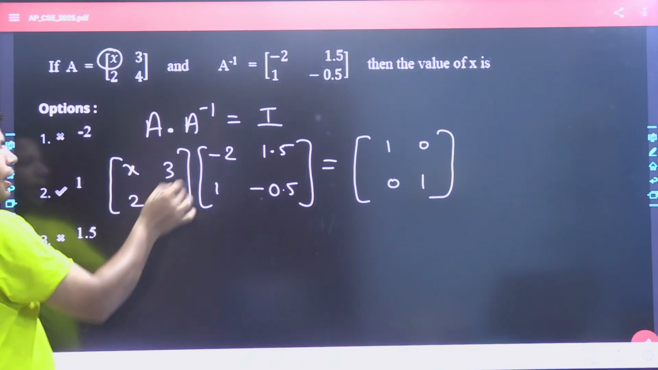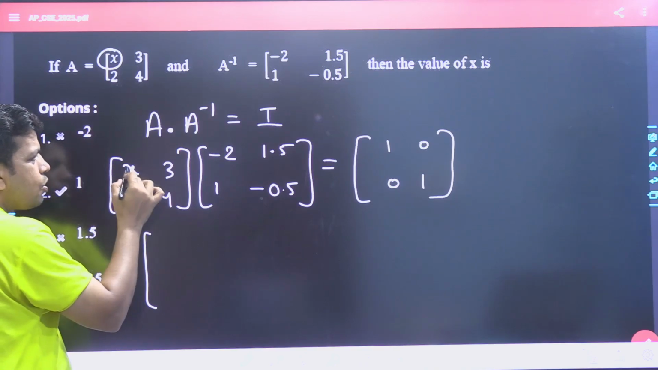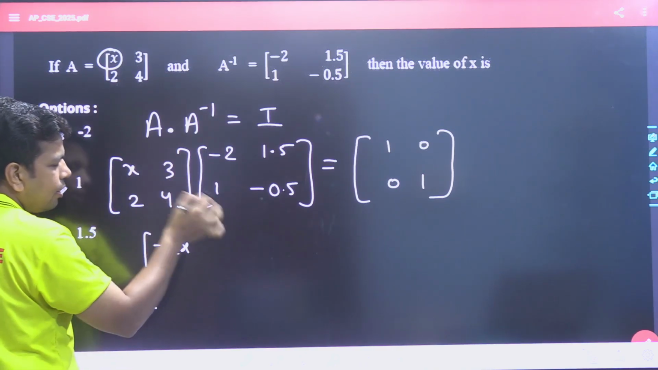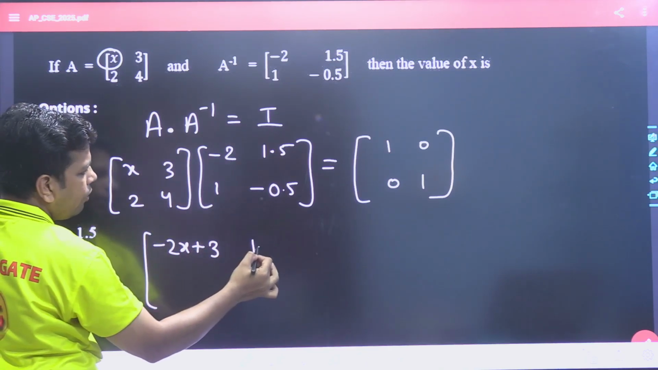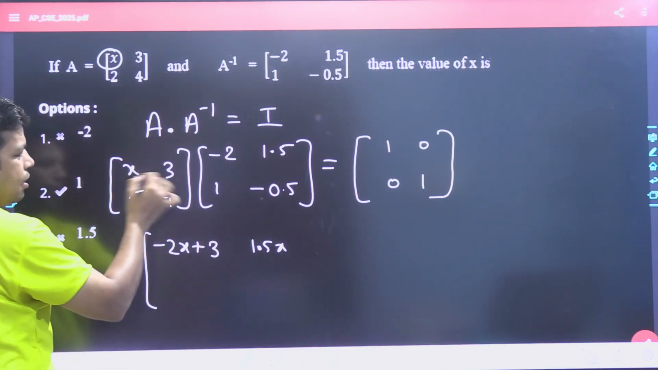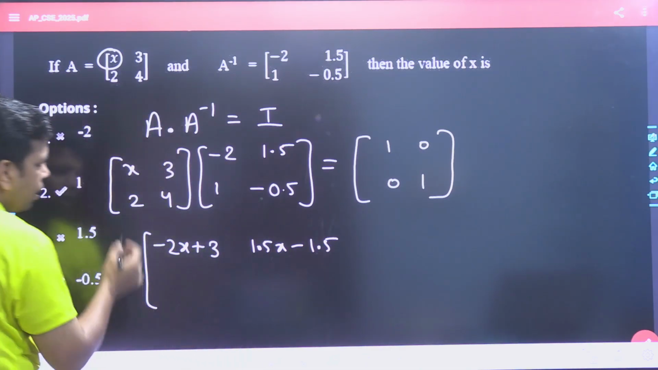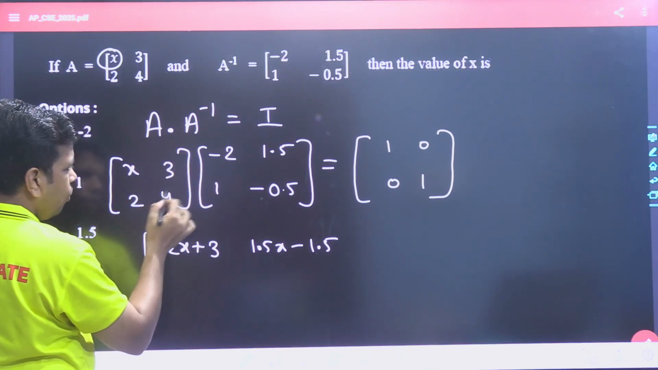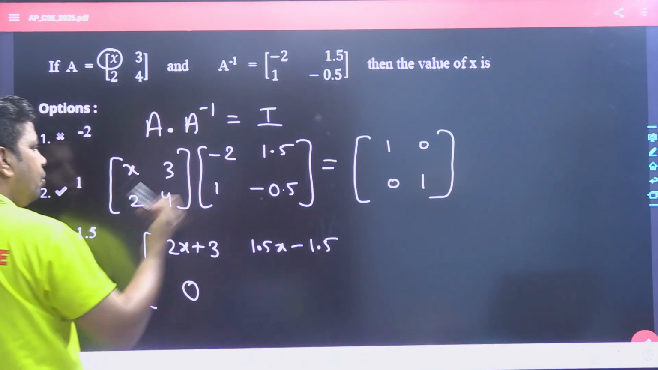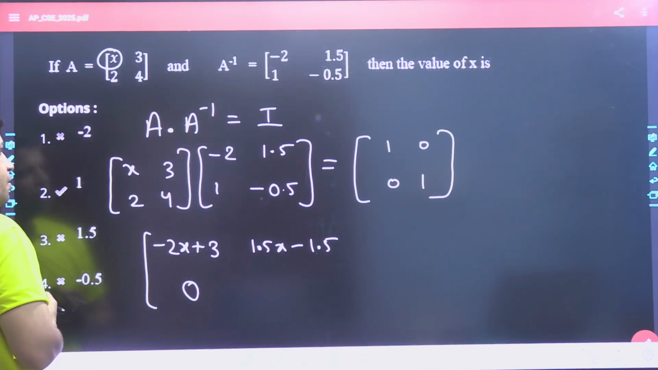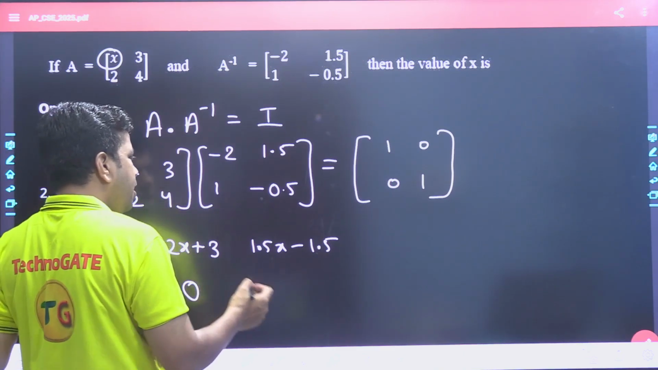So let's see, when we are going to multiply these two matrices, the resultant matrix is formed by multiplying this row with this column. So x into this, minus 2, 3 into 1. Now this row multiplied with this: 1.5x minus 1.5, minus 4 plus 4. 2 into 1.5, 4 into minus 0.5, 3 minus